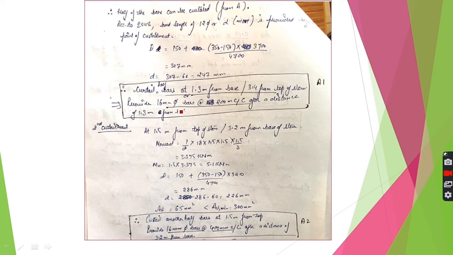First at this height, 1.3 meter from base, and second is at 1.5 meter from top. Note here, this is 1.5 meter from top, and here it is 1.3 meter from base. So what we will get is, this is the full height of bar, this is one curtailment, and this is the second curtailment. So this was the 1.3 meter height, this was the second curtailment, which was at a distance of 1.5 meter from top. So you can calculate 4.7 minus 1.5 at this height, and the third bar you have provided at full